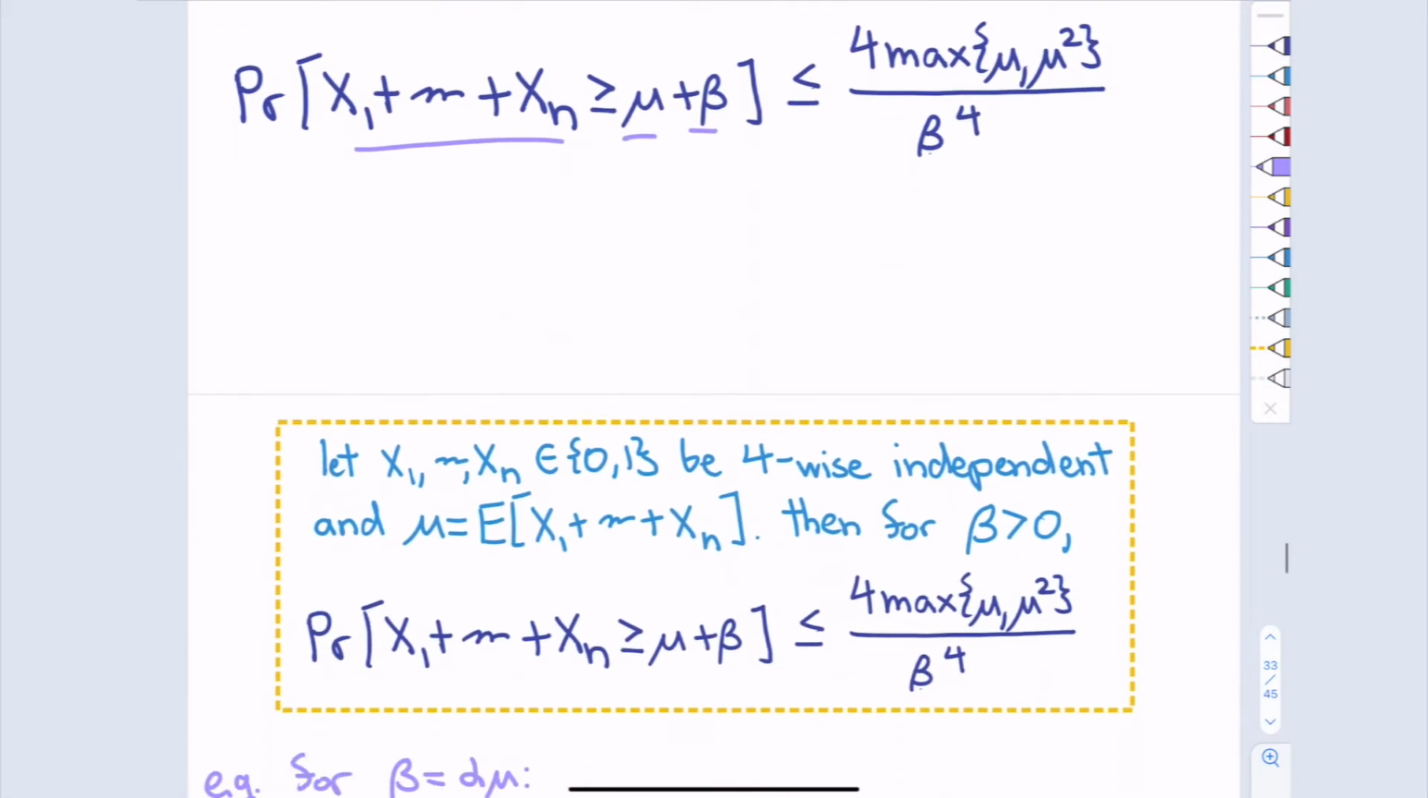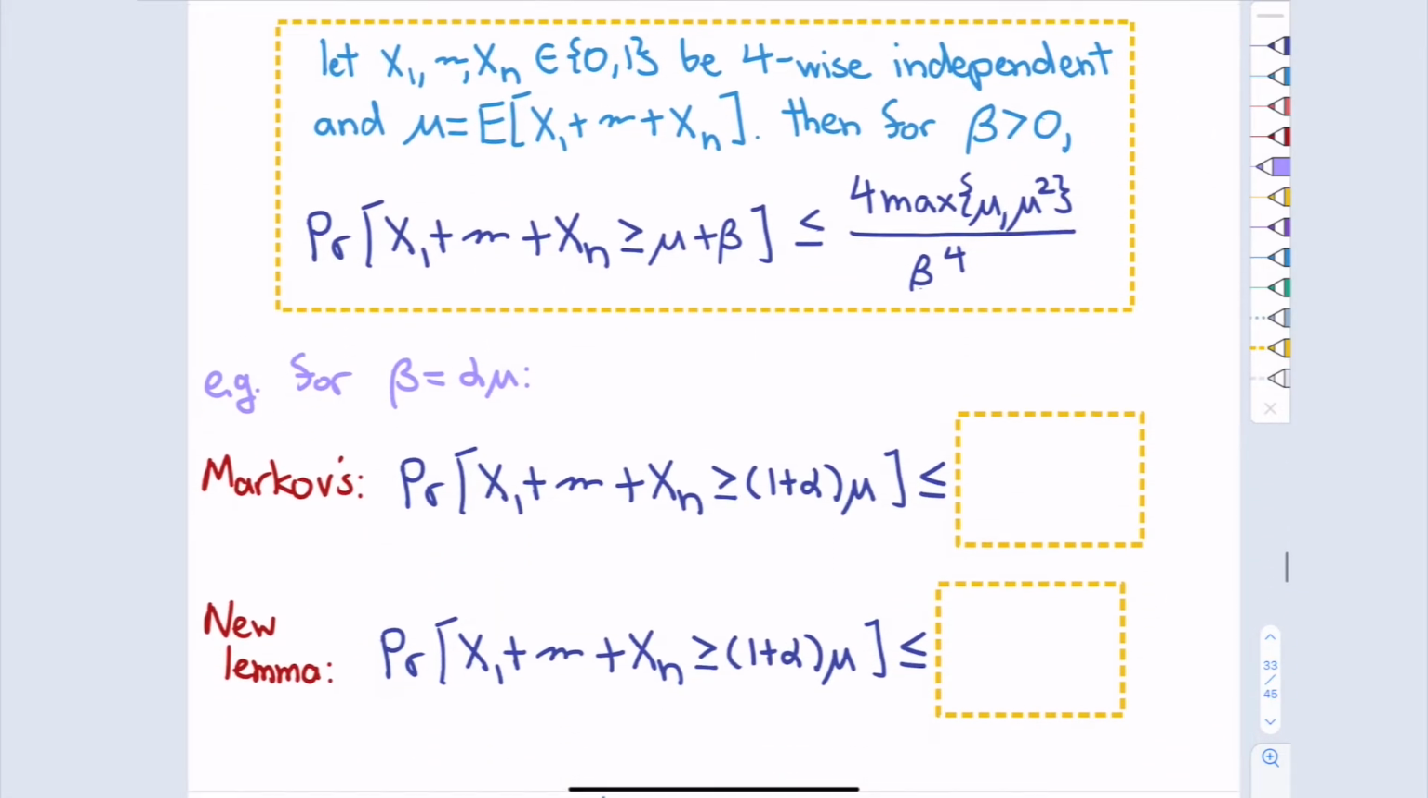So let me try to demonstrate by comparing to what Markov's inequality would have given us. Let's take beta to be alpha times mu for some parameter alpha. Let's say alpha is even just 1. I'm saying, what are the odds that it's going to exceed 2 times its average? That will be 1 plus alpha mu, which would be 2 mu. So Markov's inequality says that the odds of exceeding 1 plus alpha mu is at most